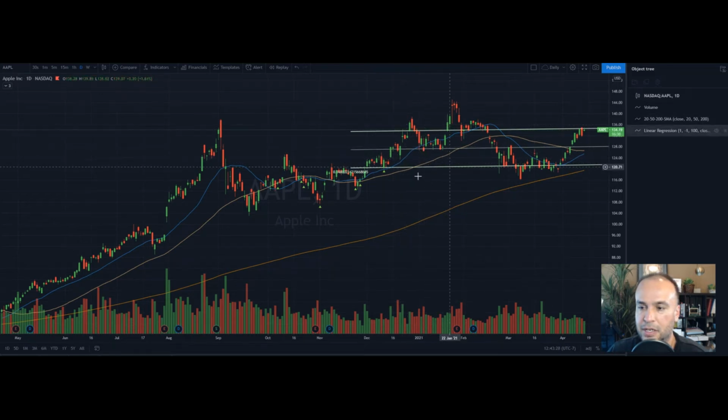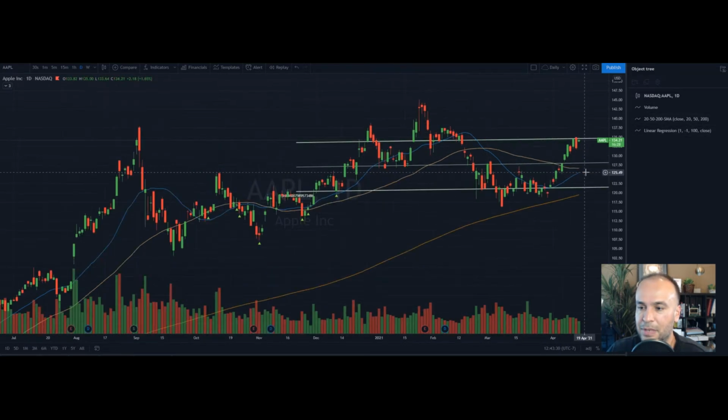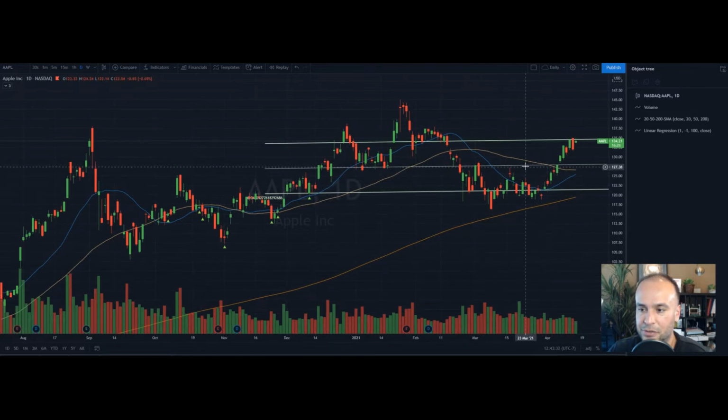Then I have the regression line. One of the things we talked about was that there was a top at 127.50 in Apple, and we broke that recently. Now you can see we have some consolidation here, and we essentially have an upward resistance level at 135. I also mentioned that if I were to buy the dip in Apple, I wouldn't want to be adding to a position at the highs here unless I'm day trading. I would want to wait for this dip.